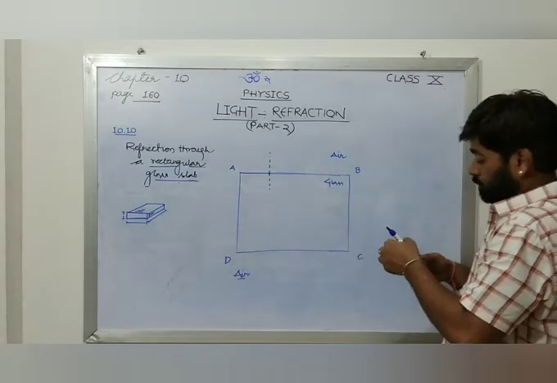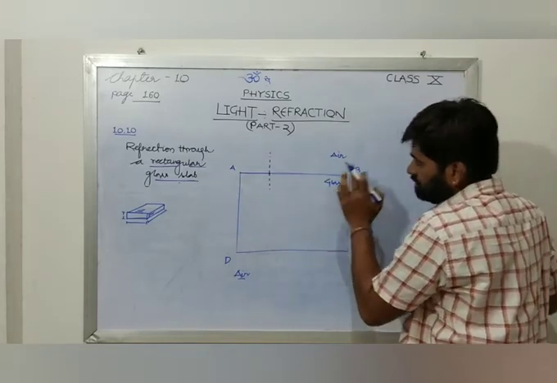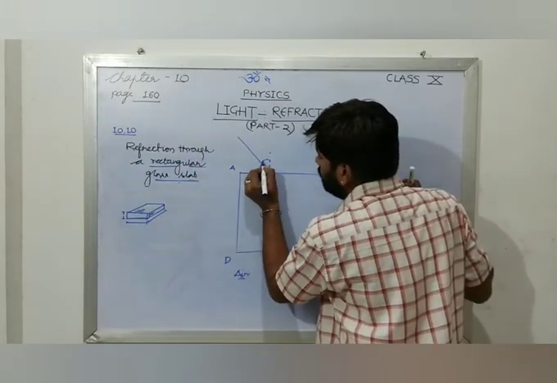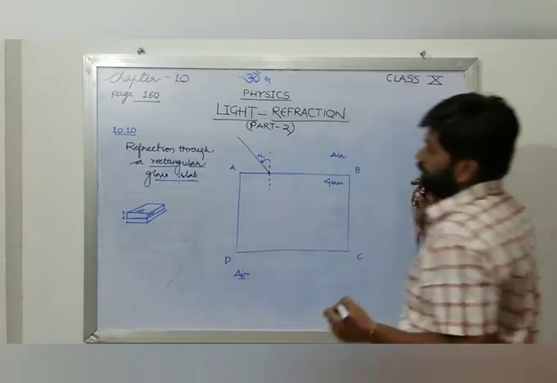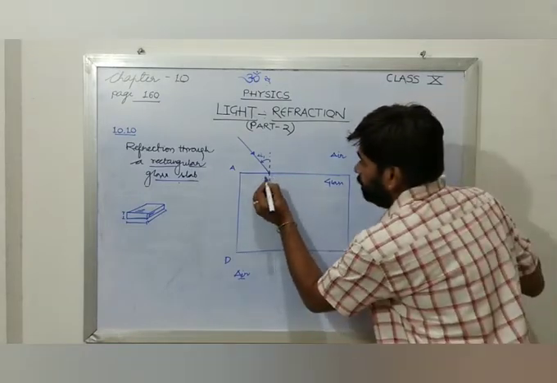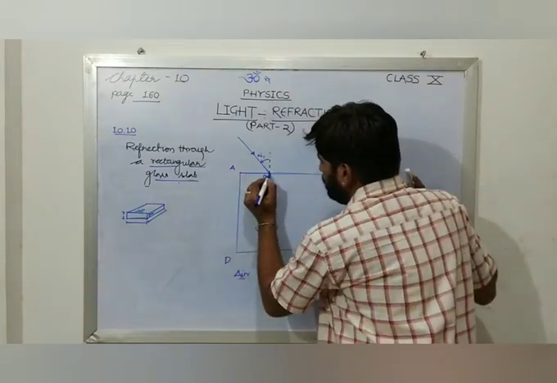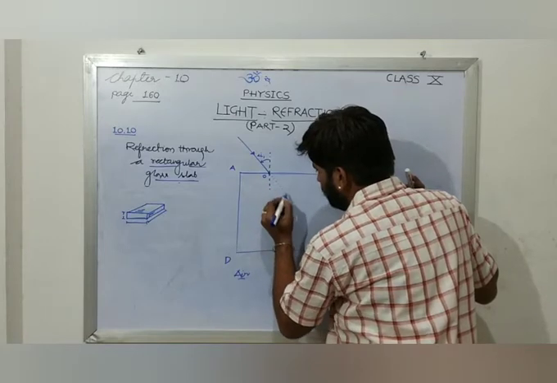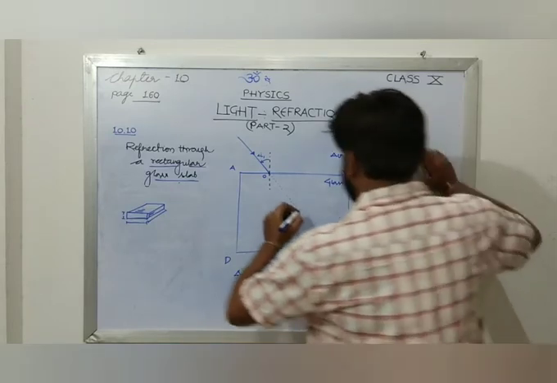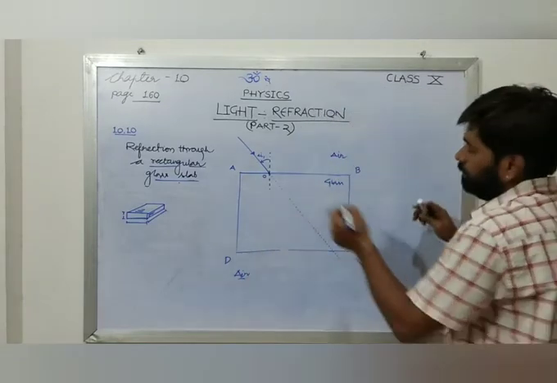As we have already seen, when a light ray enters from a rarer medium, and air with respect to glass is a rarer medium, if it makes an angle, say I1, with the normal, then going from rarer to denser it bends towards the normal. If I continue the initial path, it would pass straight forward like this. We are not going to do this.